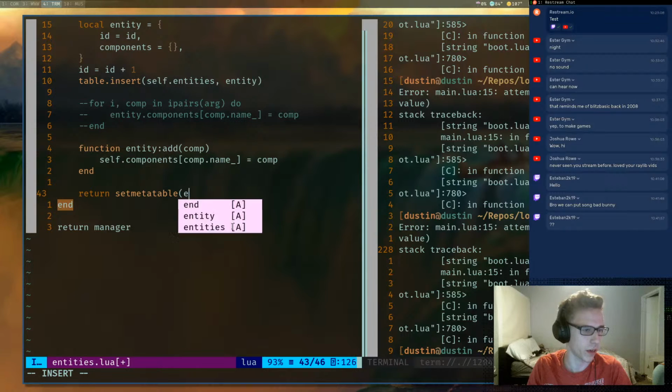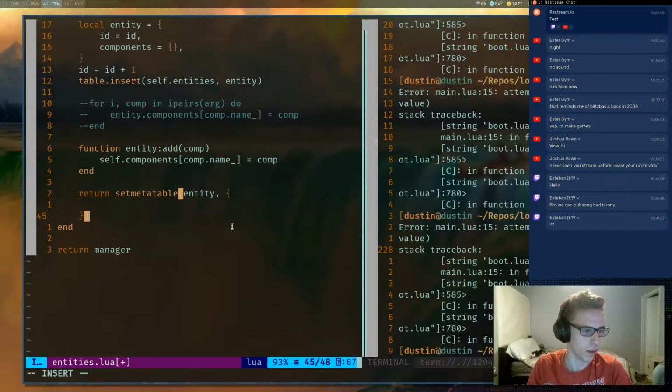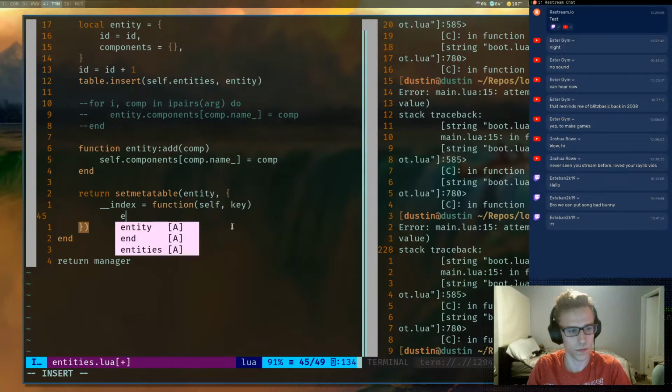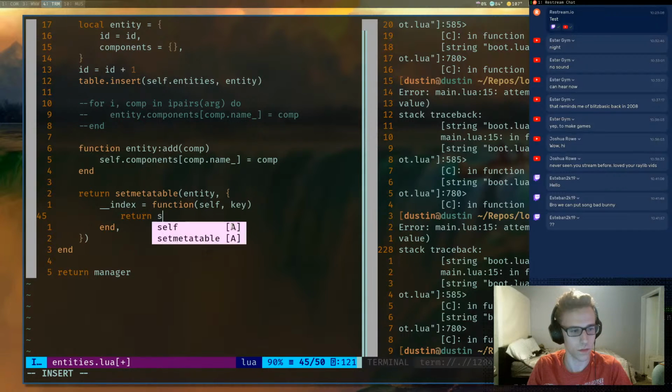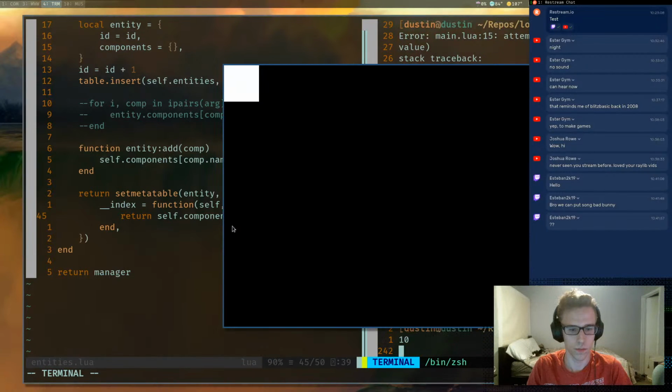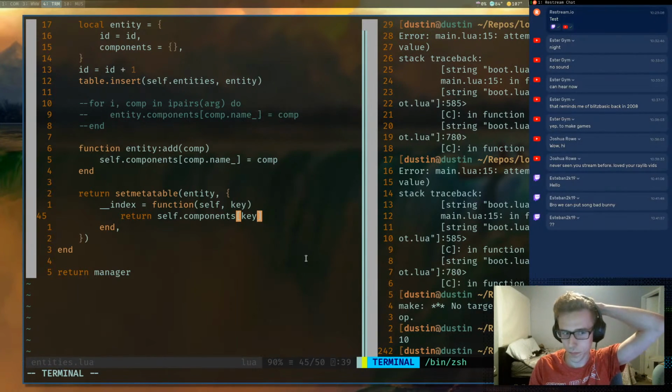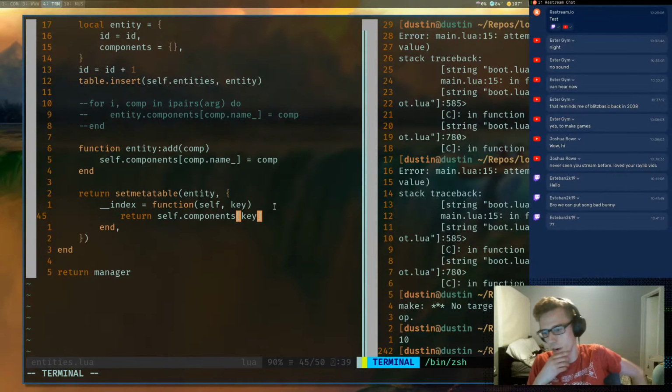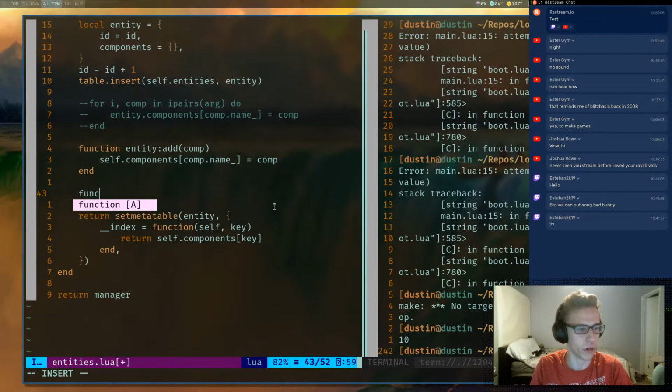So we're going to set the meta table on entity, and that meta table is going to override the index operator. Okay, that works. Yeah, and now I don't know how this is going to work if I want to get the ID of the entity, so I might actually remove this, but for now it's a convenient way to actually access the table. Why don't we also create a function